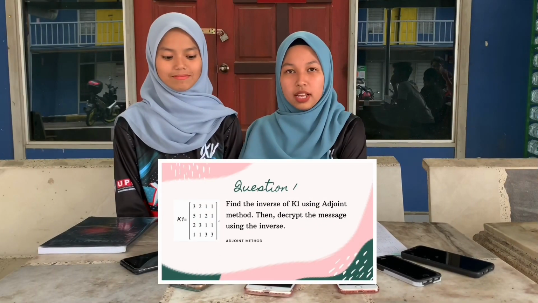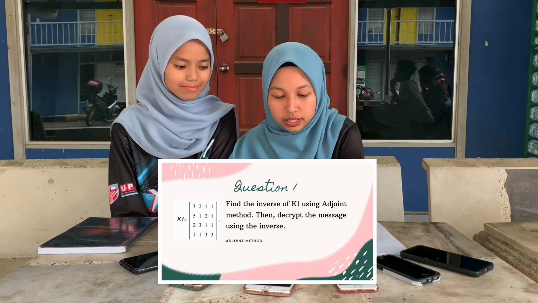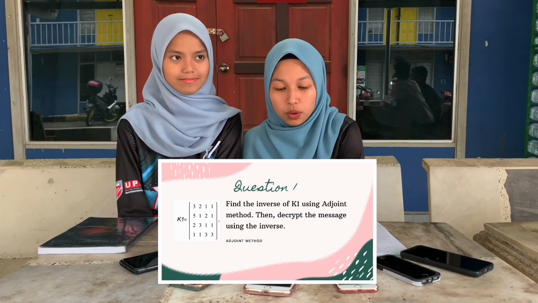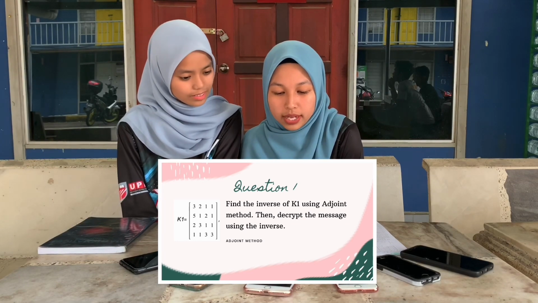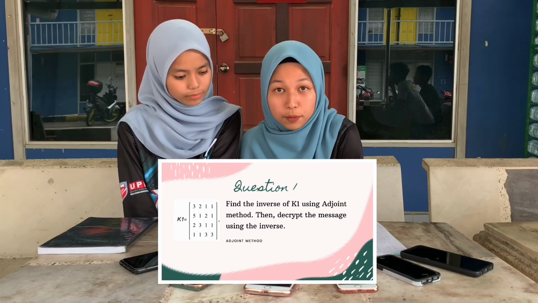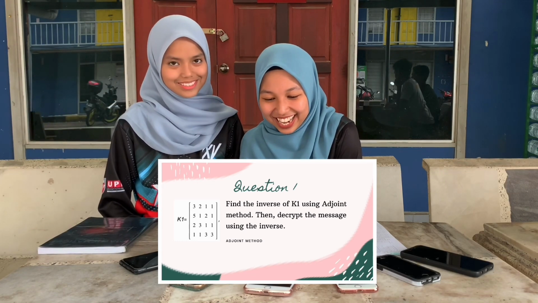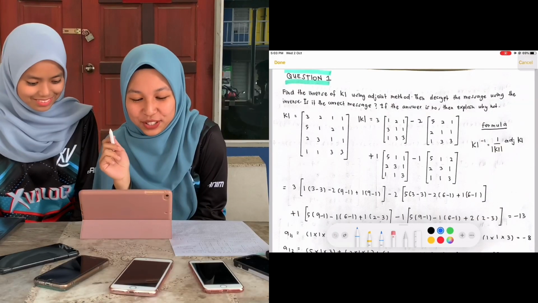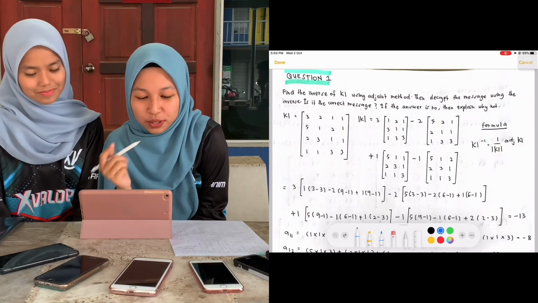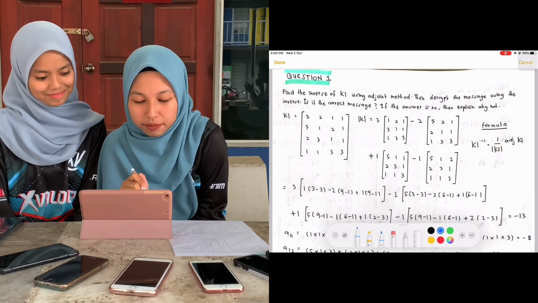This question, we are going to discuss on question K1. So, we are given K1: 3211, 5121, 2311, 1133. Firstly, we need to choose only one row. So, I'm choosing the first row, which is